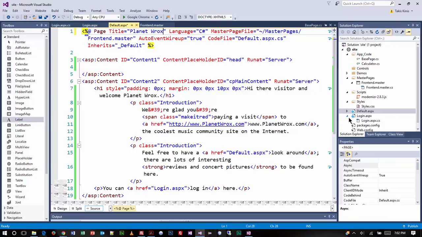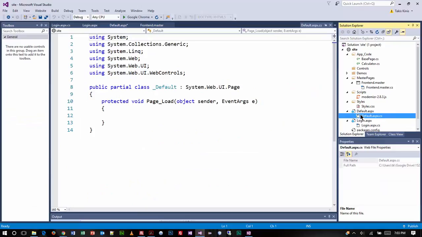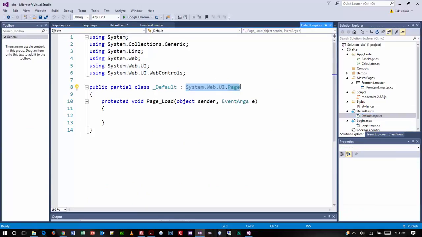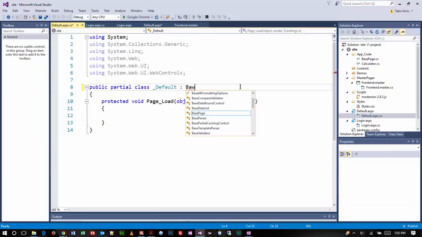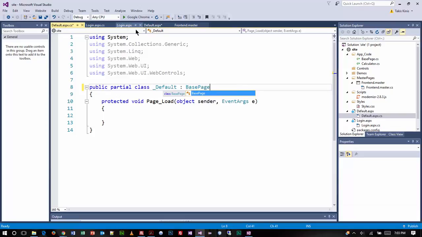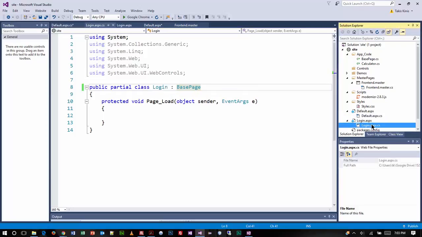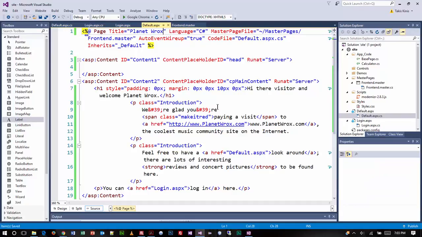The code behind file that goes with the default page. What do we need to do here? That's got to say base page. Anything else that we needed to do? Well, let's go here and look. Oh, that's it. Save it. Now if we go ahead,